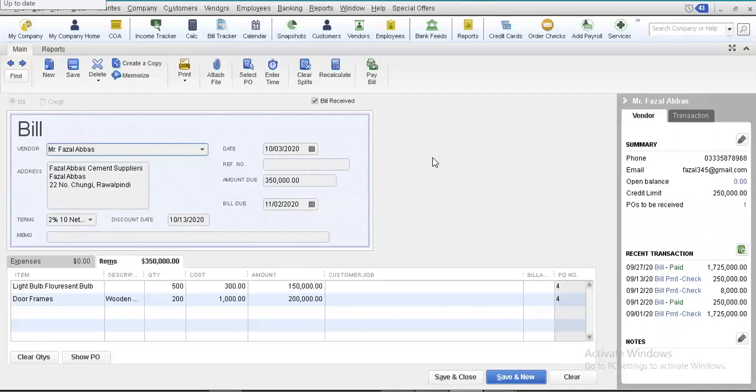All right. So my dear friends, we have to input that piece of information from the document that we have in hard form into our QuickBooks system. And for this purpose, we have to maintain this formality. All right. In order to record this bill into our system.